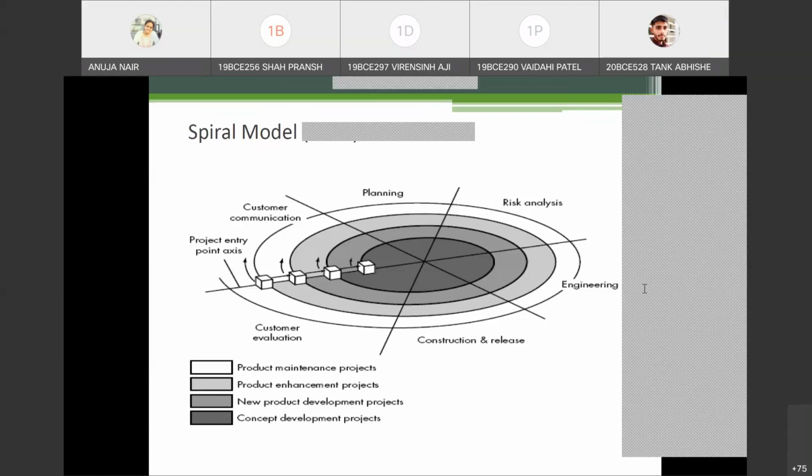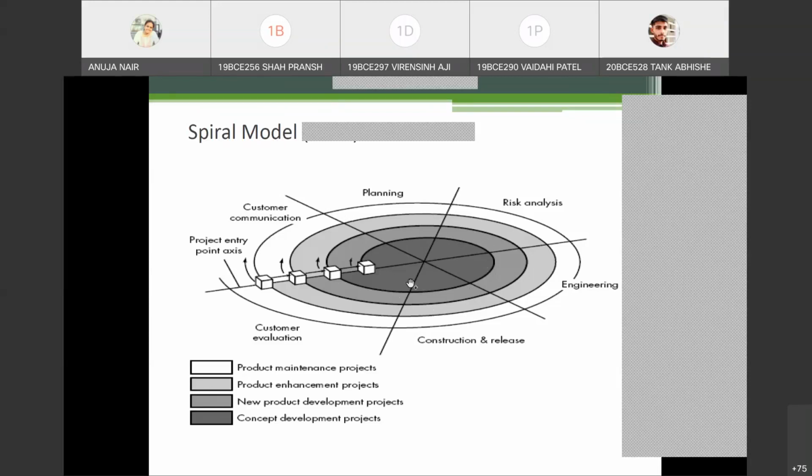So all these risks that you have yourself pointed out, every risk is basically thought about in every single phase. So the next chapter that we study, project management, there we will talk about different types of risks and the example of risk. So there you would know better what are the different types of risks. But the ones that you have pointed out are very true. So all those types of risks are basically analyzed in every spiral. So the projects which have high risk involvement are always taken up by means of spiral model, right?